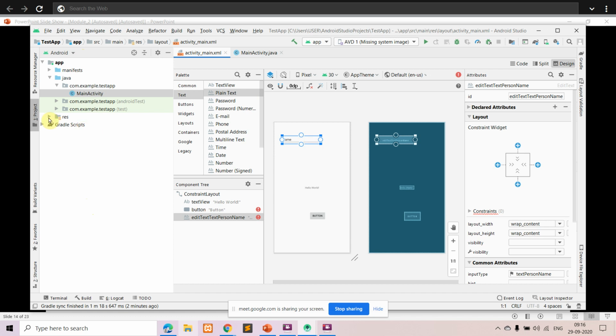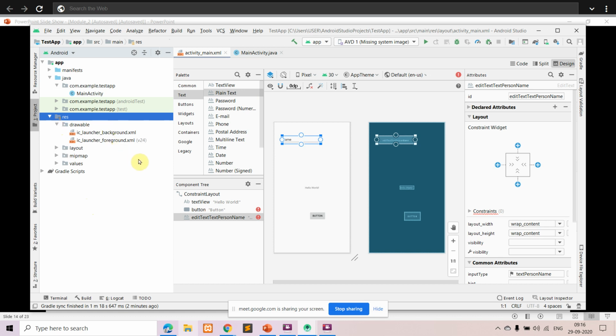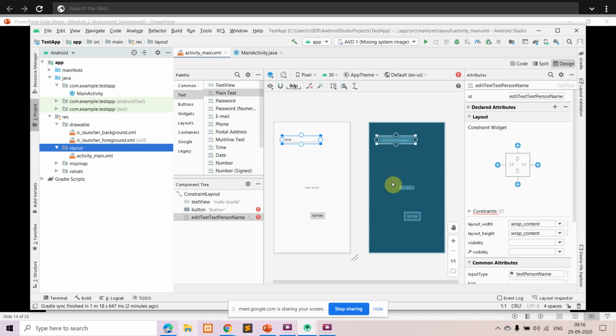That was source. Other than that, we also have this resource folder, in which under drawable you can have the images you're using in your application. Then under layout, we already said that is the XML file. In this activity underscore main XML, you have all the interfaces. That is what we showed here, the button, the text view, all those things.